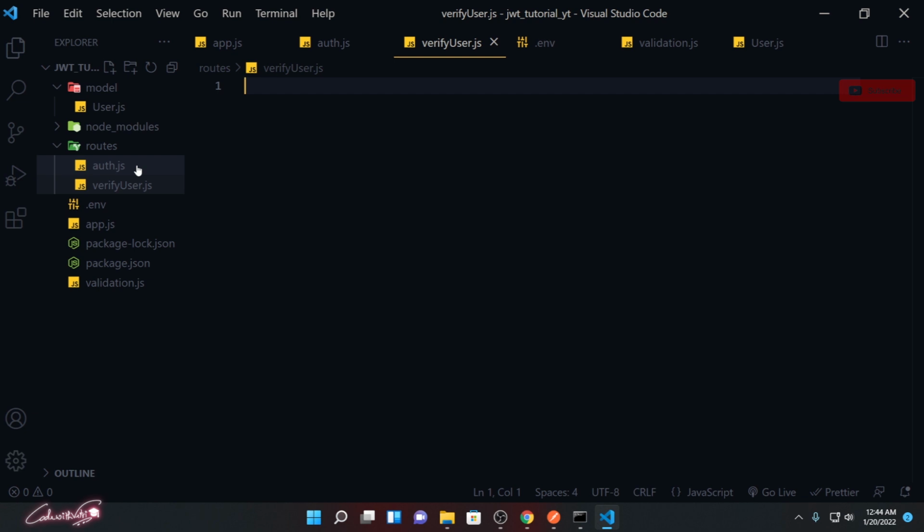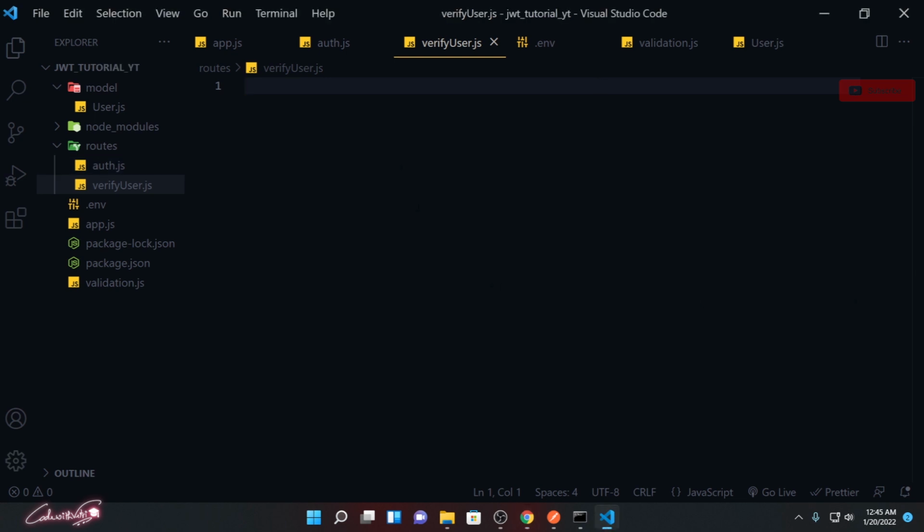user.js. Why we are creating it as a separate file is because whenever you need to save a post, check a post, or download anything else, you need to verify every single time. We need to verify whether the token is accessible or not. If the token is not accessible, we do not allow the user to access it. We need to ask the user to log in again. That's why we are creating a separate thing.